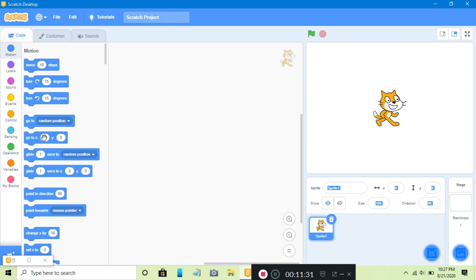Alright, till now you have studied the sprite, then you studied the script. Now next, what is programming? There are many possible answers to this question. The simplest answer, according to me, is to make a computer do what you want it to do. Right? According to me, that is the perfect definition for coding.